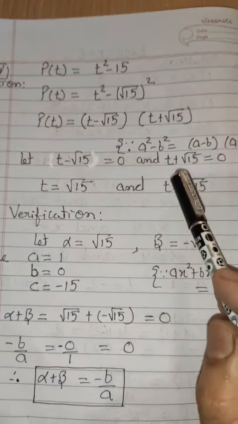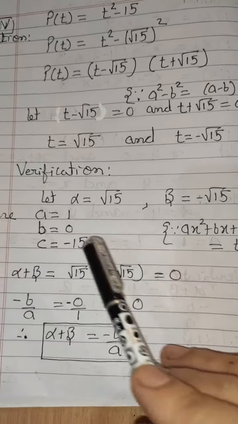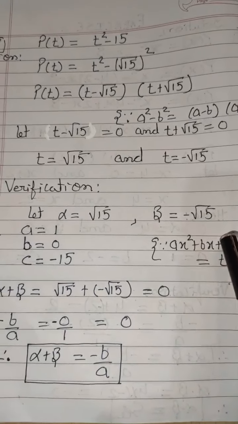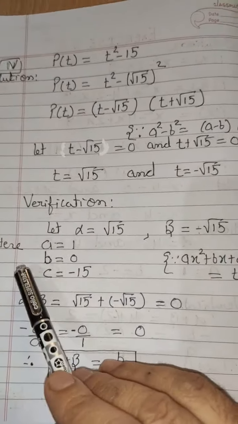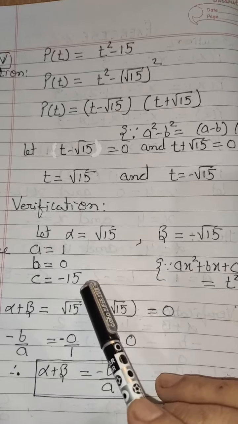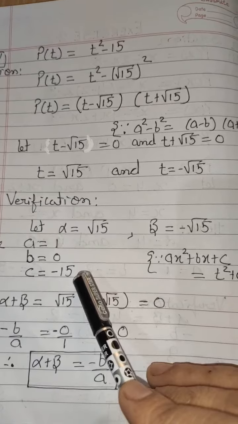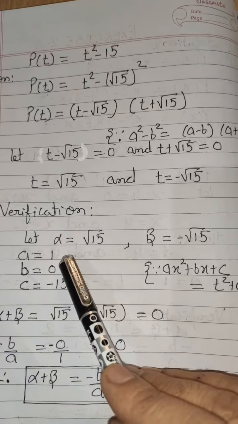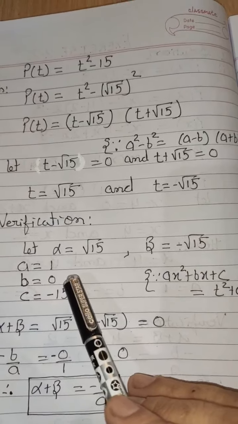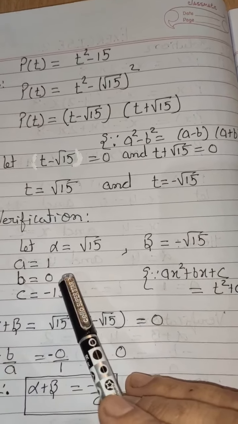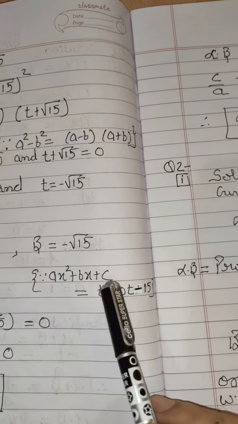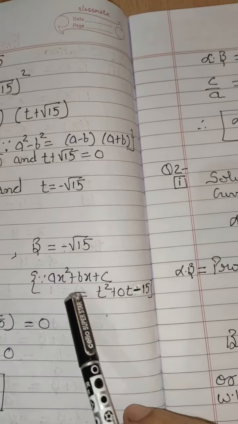There are 2 parts: find the zeros and then verify the relationship. So let alpha be equal to root 15 and beta be equal to minus root 15. Here, what are A, B, C? All that we require, we write in the beginning. A is the coefficient of x square, that is the quadratic term. B is the coefficient of the linear term, that is power 1. C is the constant term. So ax square plus bx plus c is the general form, but here the polynomial is given